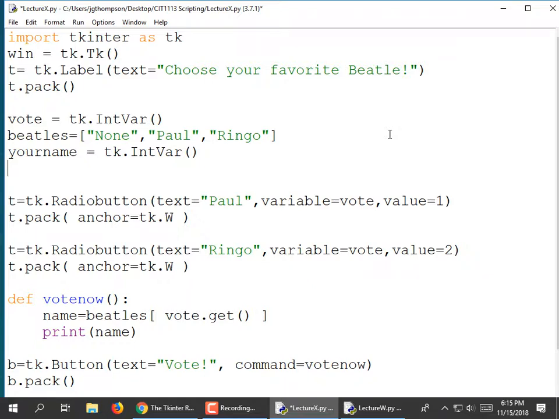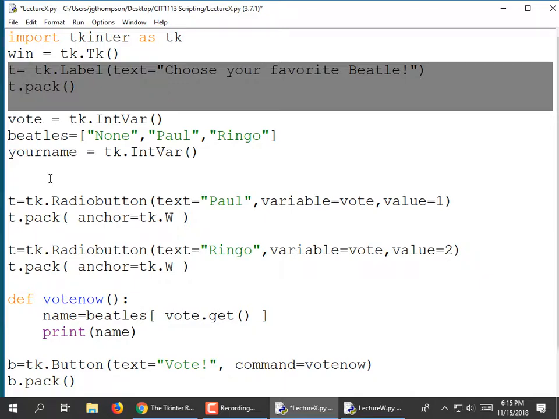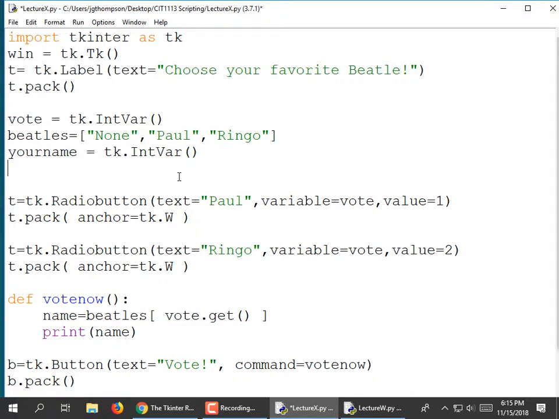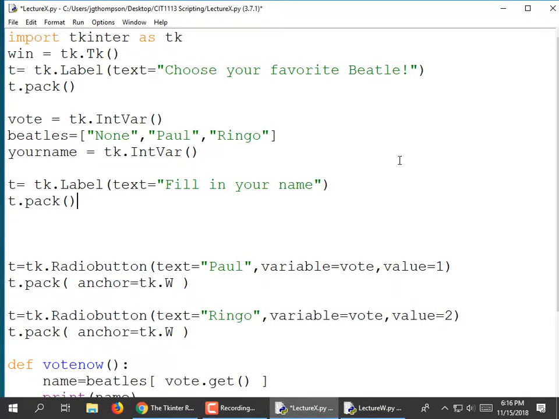So we need to create an entry that'll hold that, but I'd like a label also that says your name. That way they know they're supposed to fill it in. So it's going to look exactly like this. And whenever something's going to look exactly like this, I suggest just copying and pasting. So I'm going to grab those two lines. And here, instead of choose your favorite Beatle, I'm going to put fill in your name. Now we're going to create the entry where that is hooked up